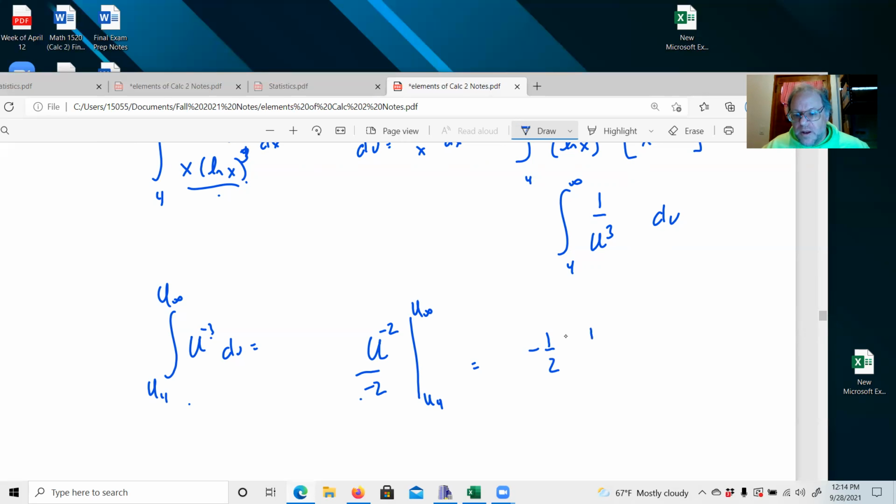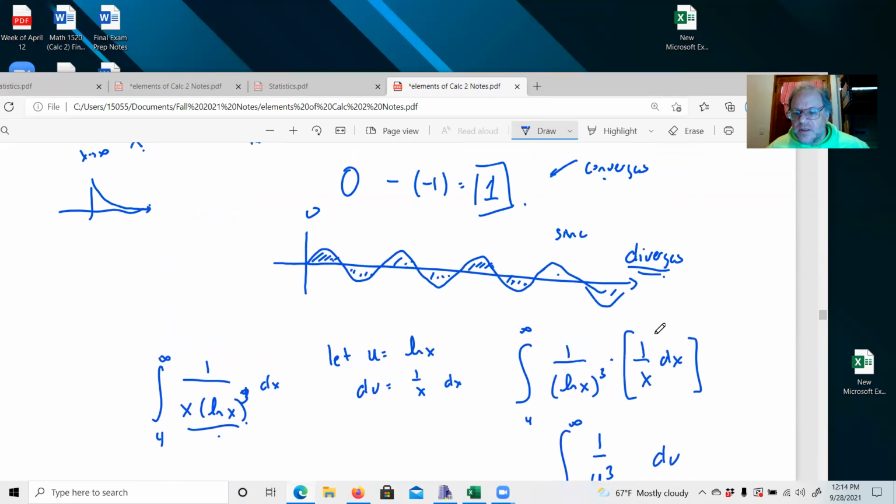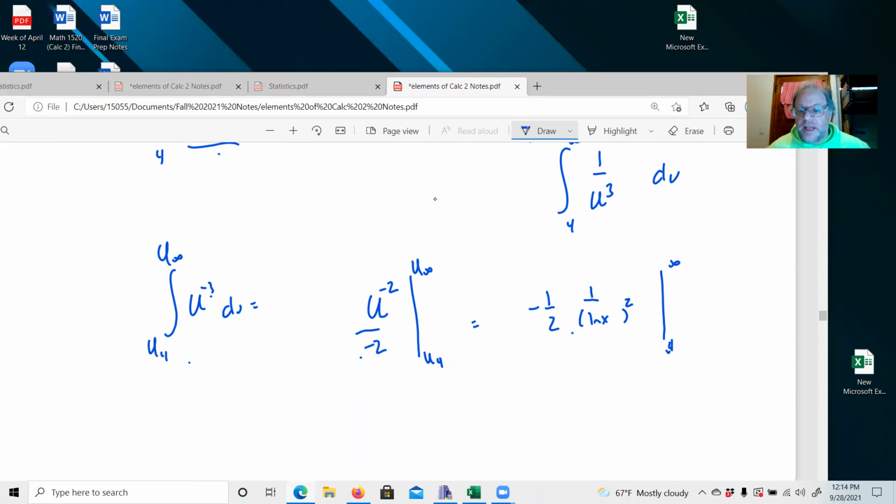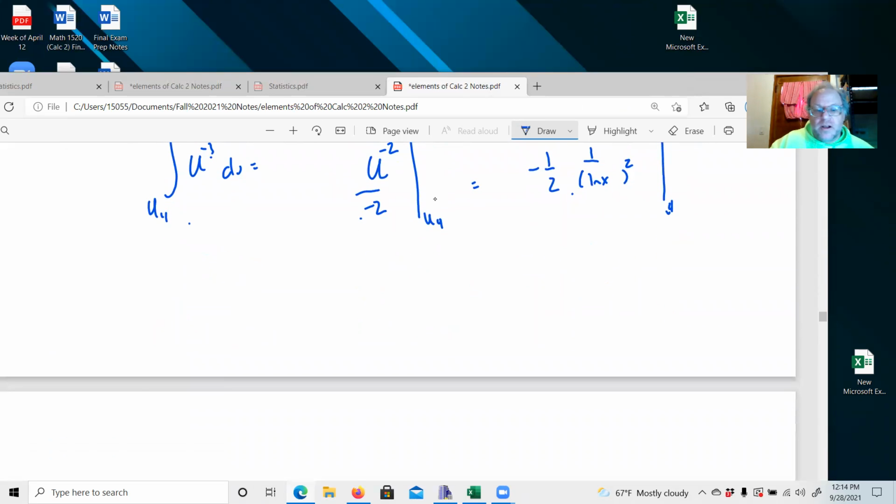This is 1 over, what the heck is u? u was ln x. So this is ln x squared. And we are going from 4 to infinity because now we're back in the x world. We can go back to our x limits. Okay. I'm going to do one more thing. I'm going to say this is 1/2, 1 over ln of x squared. Actually,